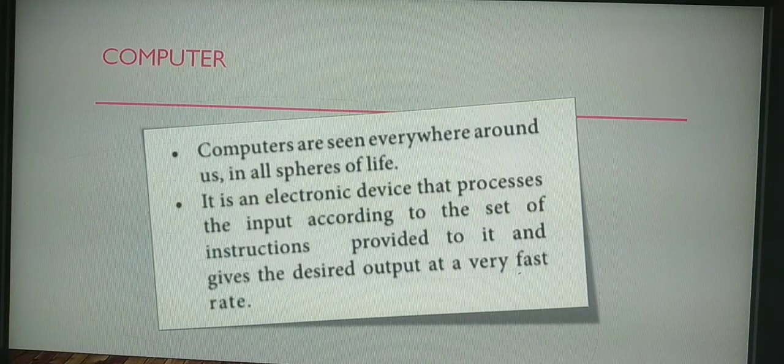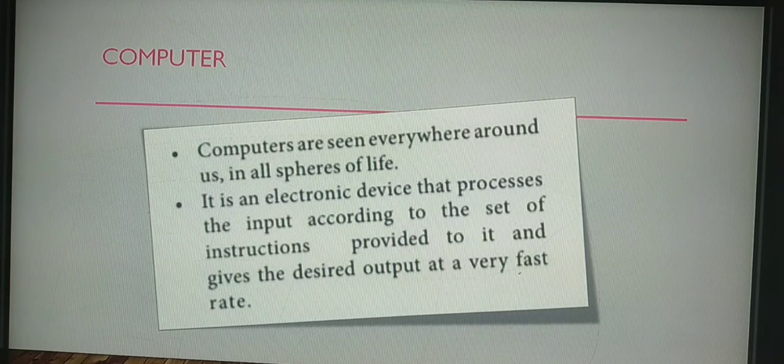What is the first question in section B? What is a computer? This is the definition for computer. It is in your book, that is page number 10. There you have points to remember, no? In that you have to mark the first 2 points. It is in points to remember.